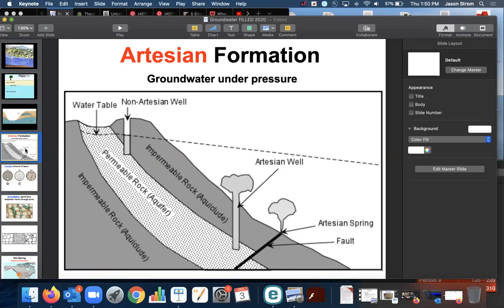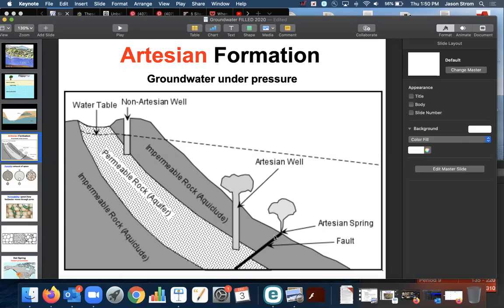is related to something called an artesian formation. And this is anytime the groundwater is under pressure. And the way that the groundwater is pressurized is because it's tilted. So like in this diagram, if you have the aquifer tilted at an angle and it's kind of trapped between two layers of rock that don't let water through it, if you drill a well towards the bottom of that, or if there's some sort of a break in the rock,